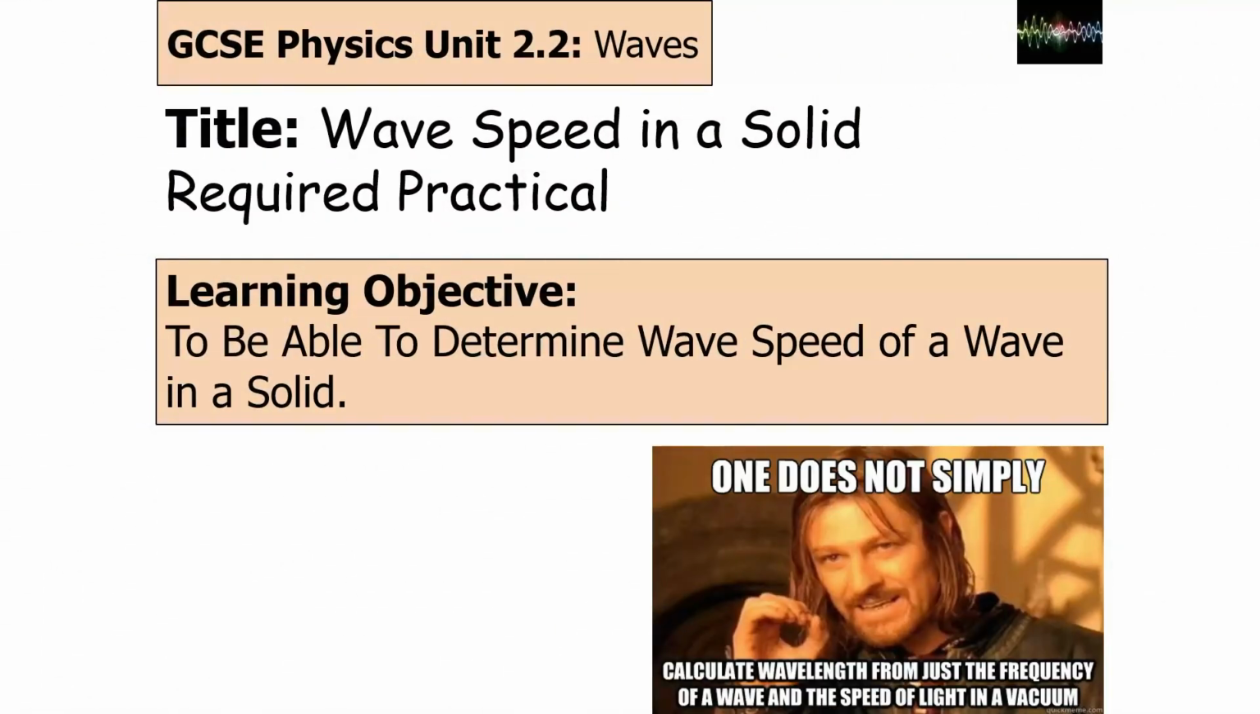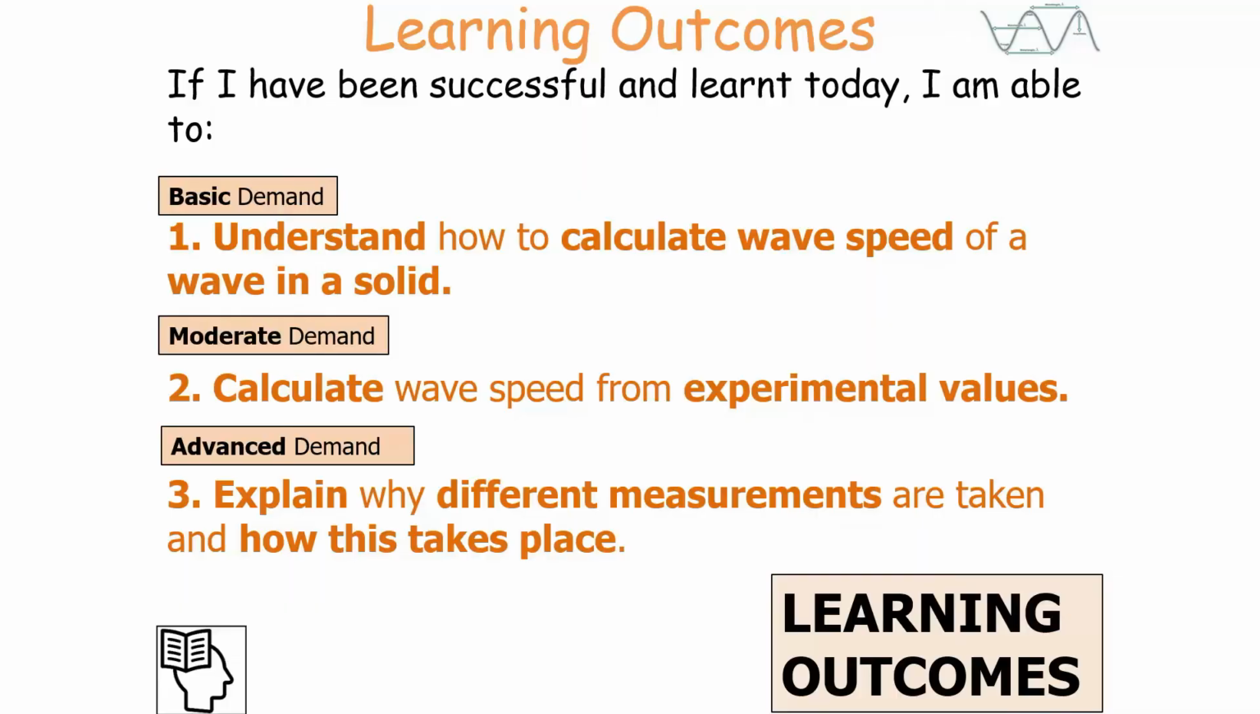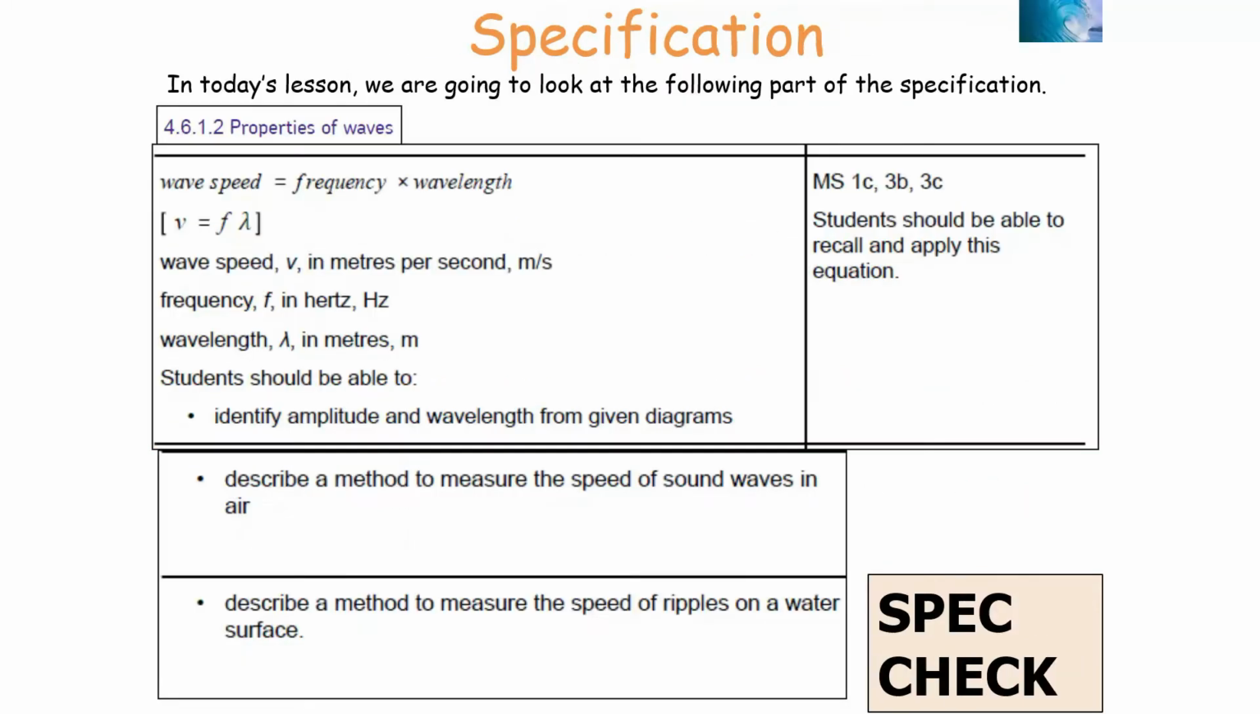Hello and welcome to today's lesson where we're going to look at a practical to determine the wave speed of a wave in a solid. So in today's lesson we're going to try and understand how to calculate wave speed of a wave in a solid, calculate wave speed from experimental values and explain why different measurements are taken and how this takes place, which falls into the following part of the AQA GCSE Separate Science Specification